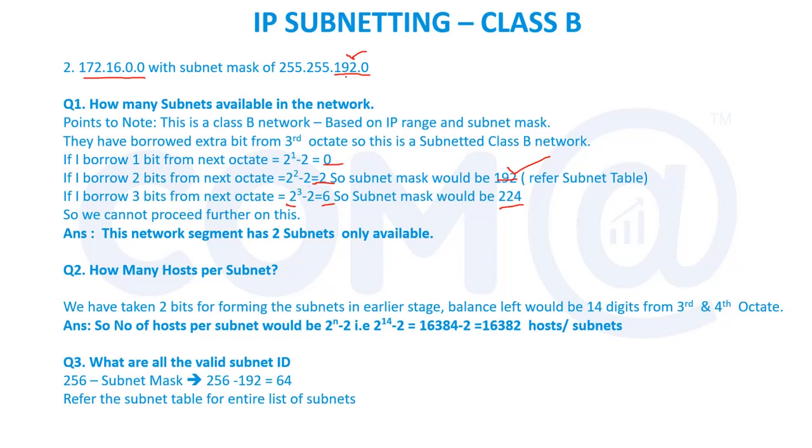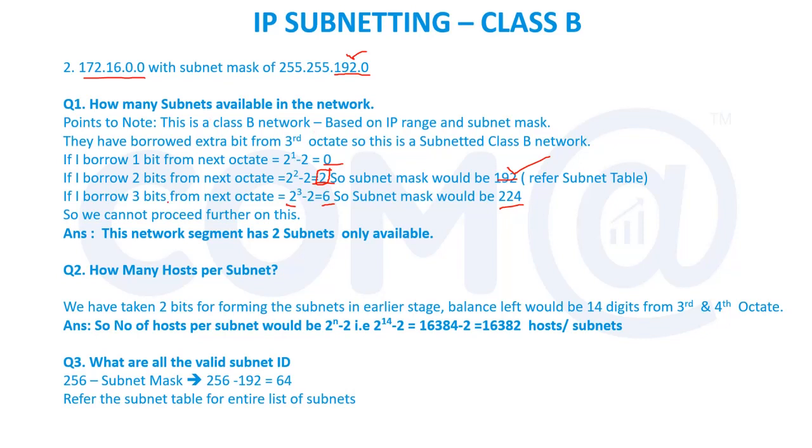So it is very clear. If I borrow 2 bits only, I'll get 192. Okay, reverse also true. So from 192, I can directly say you have borrowed 2 bits, or you do the calculation and find out this. You can borrow 2 bits and come to this conclusion. So now you can have two subnets within this range because you are borrowing 2 bits.